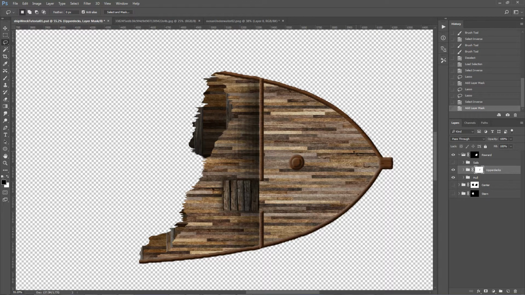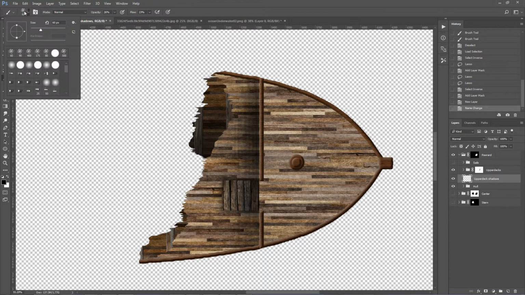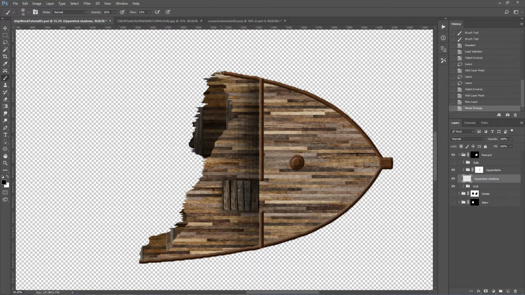So now what we want to do is give this a little bit more edge or depth. So we're going to create a layer underneath there. We're going to call this upper deck shadows. And then we're going to go to our paintbrush, and we're going to make sure our opacity is down in the 20s or 30s. Again, what you're comfortable with. And I always use an irregular brush. I've got it set for 60 right now, size. And we're just going to go along the edge here